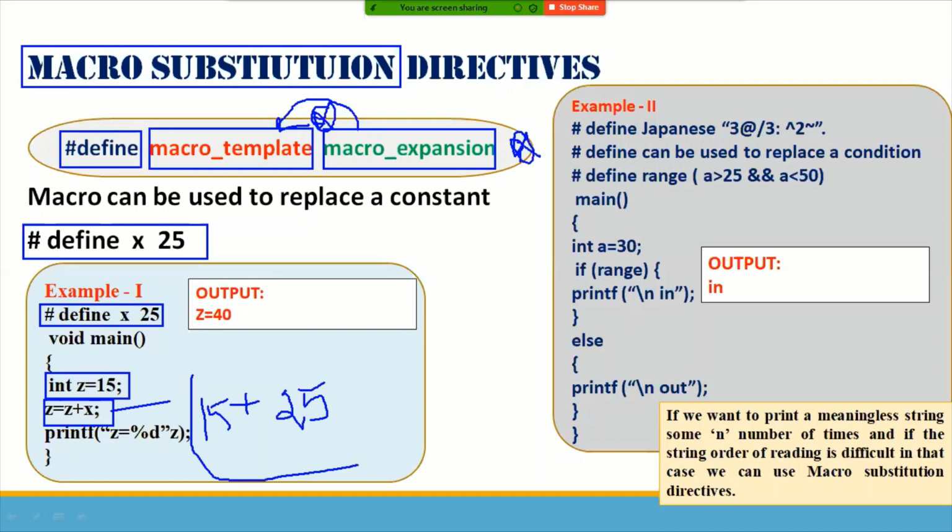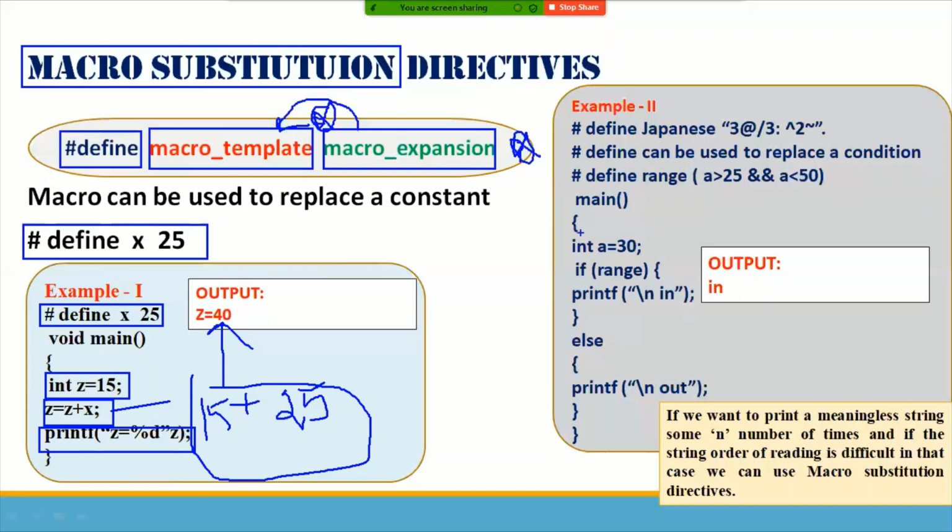So 15 plus 25 is 40. That 40 will be displayed with the help of the printf statement. This is nothing but a simple substitution method. That's why it is called macro substitution. And in the second example,